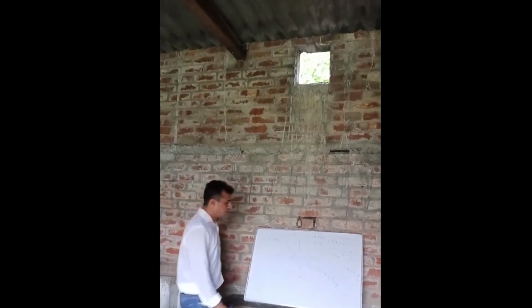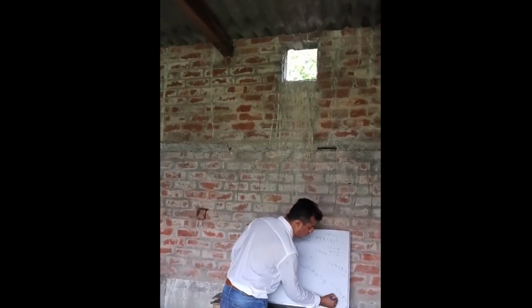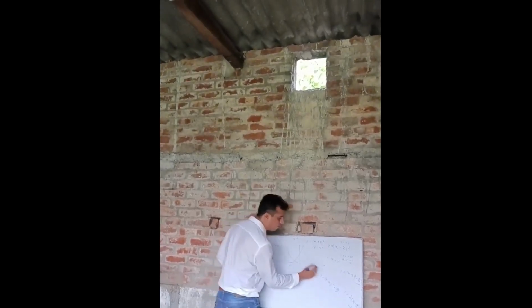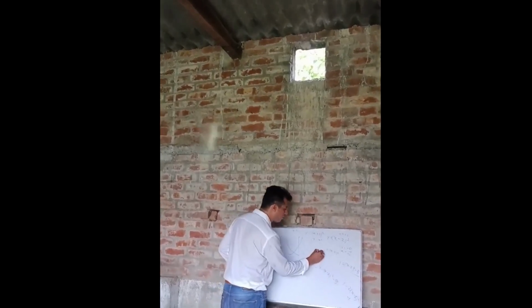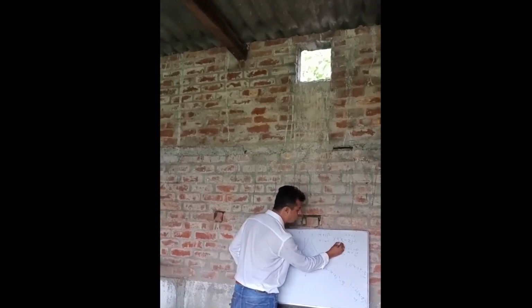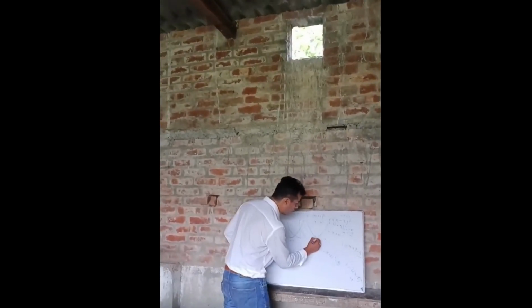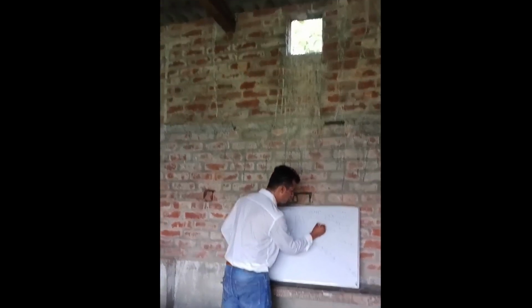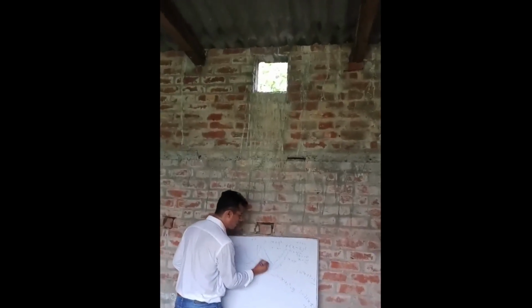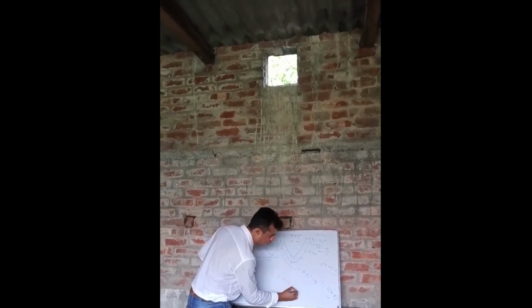Someone will say, okay, draw the graph of y equals 2 times x minus 2 whole square minus 1. So this is a graph similar to x square. So we will move 2 units. That will be moved like this. So this will be y equals 2 times x minus 2 whole square. Again we have to do minus 1. So it will be 1 unit downwards. We will draw a parallel graph to this, 1 unit downwards. So it will be y equals 2 times x minus 2 whole square minus 1.